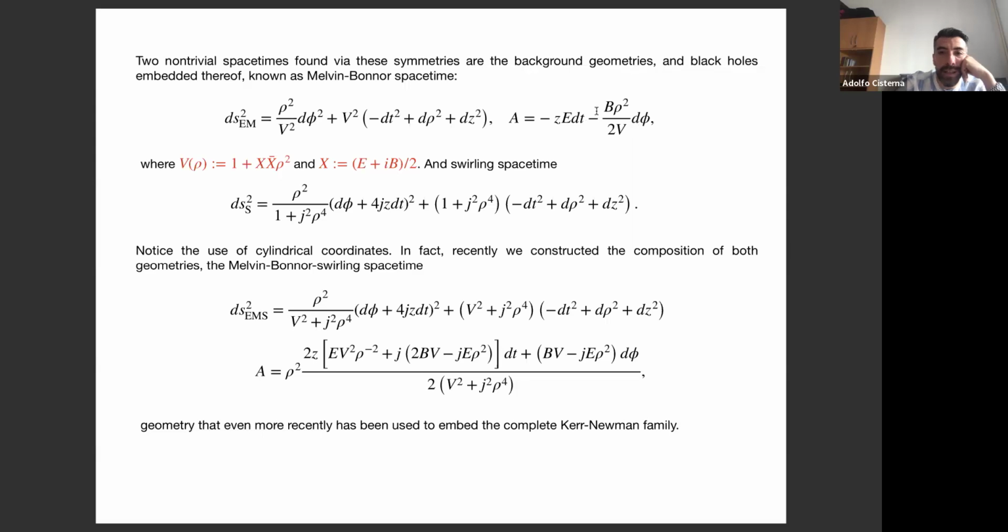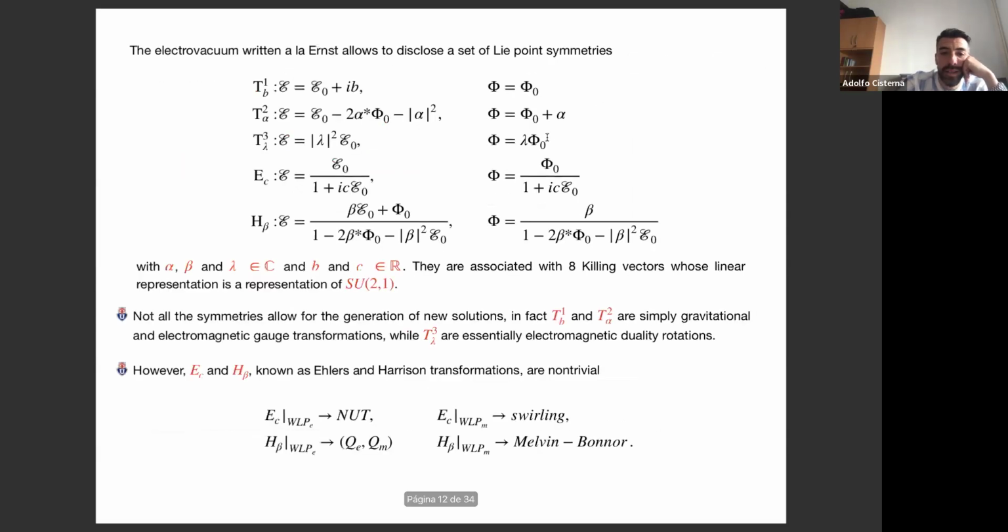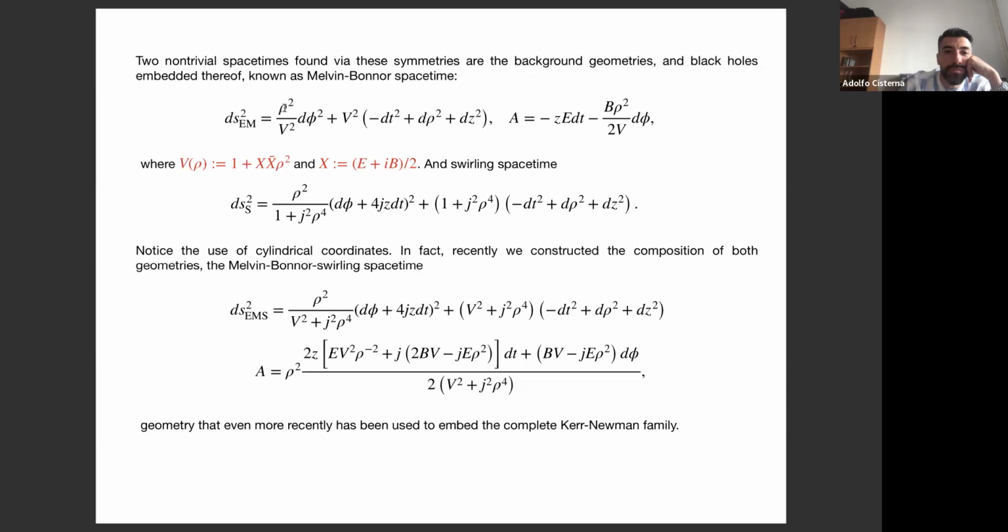If you see, if I kill these two parameters E and B, which are electric and magnetic fields, and there is nothing else than the real and imaginary components of this complex parameter beta, if I kill them, I am basically getting rid of the Harrison transformation I apply on Minkowski, and what I get is Minkowski. Because then this function I defined goes to 1, and you get simply Minkowski in cylindrical coordinates, okay?